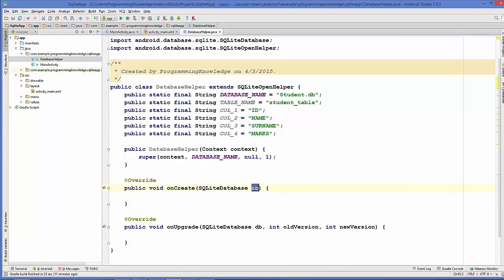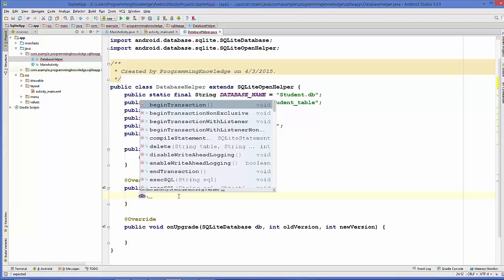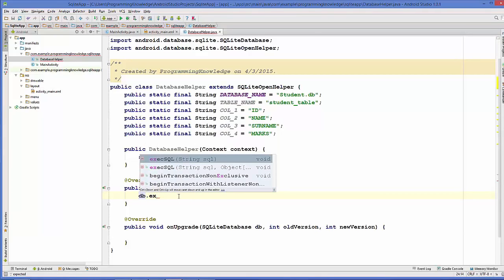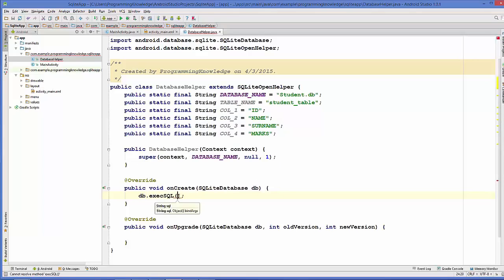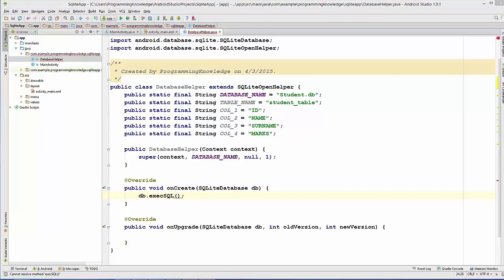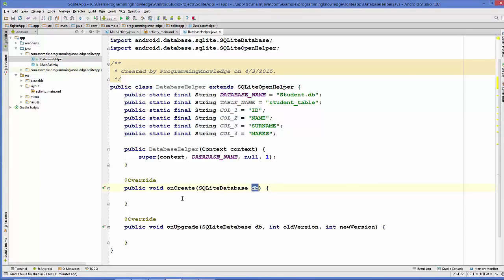So we can just take this db, which is a variable of SQLiteDatabase, and call a method called